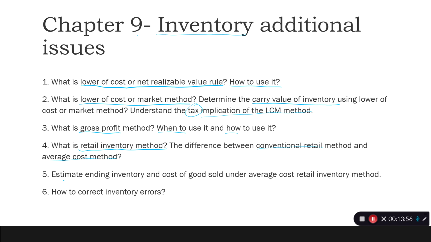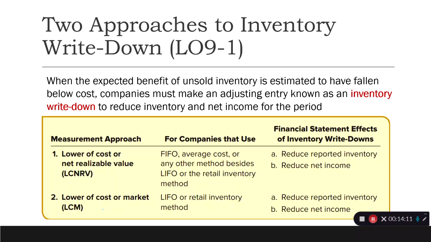And how to estimate the ending inventory and cost of goods sold on the average cost retail method, and this will be very important, okay? And how to correct inventory errors. Okay, so first of all,